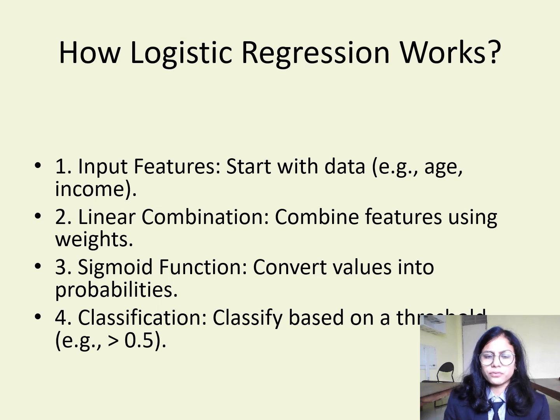How logistic regression works. First, input features: start with the data, for example income. Second, linear combination: combine the features using the weights. Third is the sigmoid function: convert the value into probabilities. Fourth is the classification: classify based on the label, whether the probability is greater than 0.5. In the next slide,